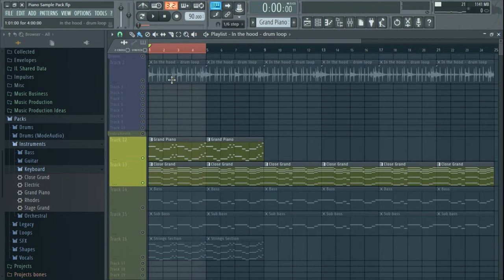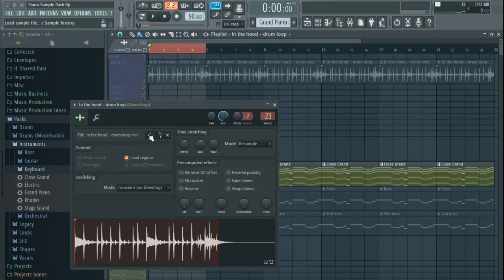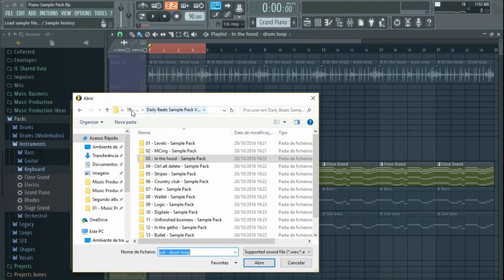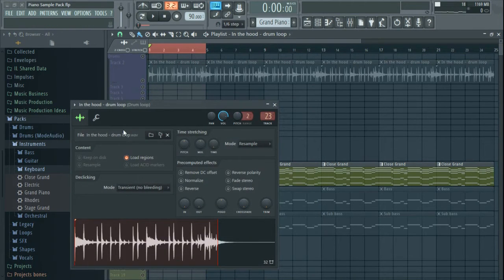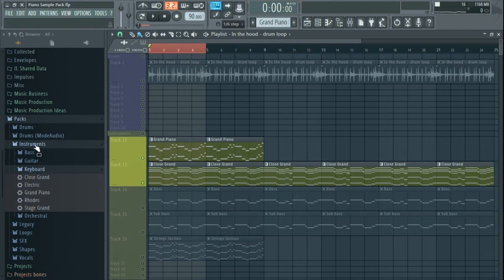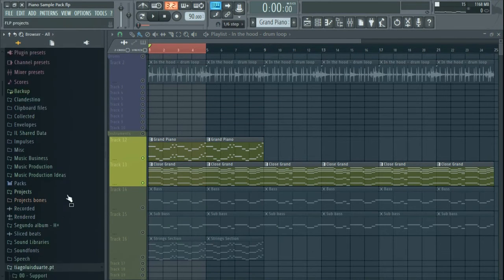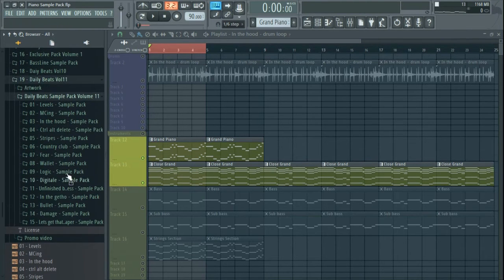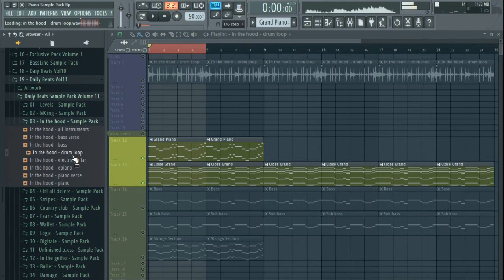I then added a drum loop from my sample pack. Let me see which one, 11. So we can go here. This is the drum loop that I have in sample pack 11. Let's go there. And it's in the hood.